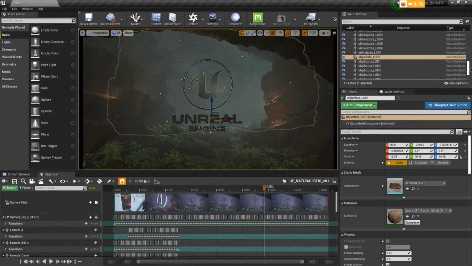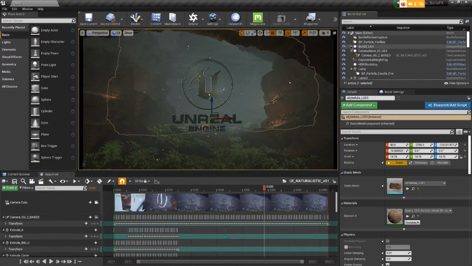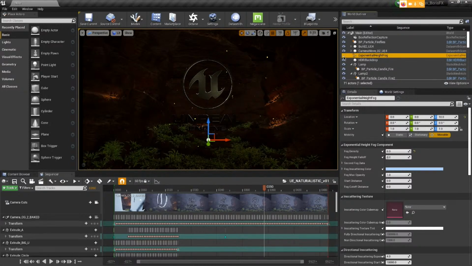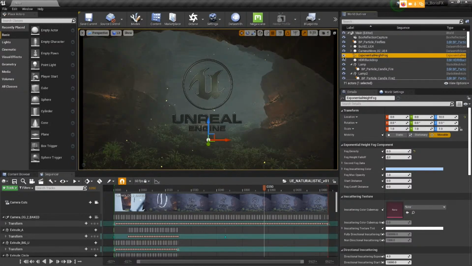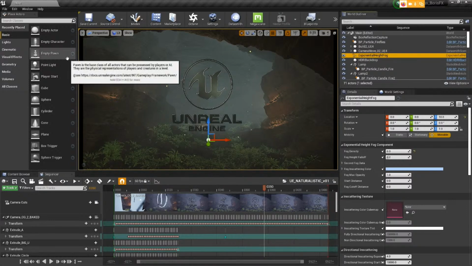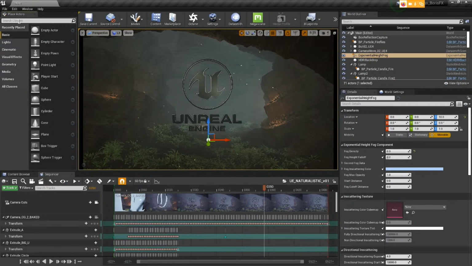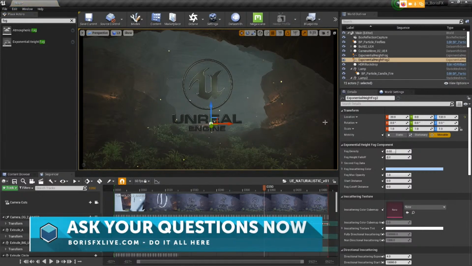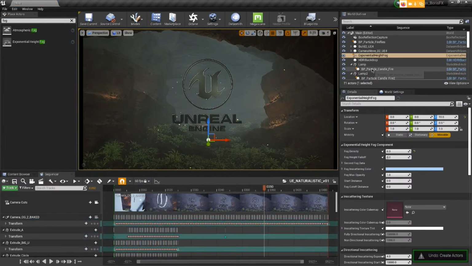If I come over to my world outliner, let me pull this up. There we go. So this is the other fog that I like to use. This one gives us a better sense of depth inside of our fog and everything. So if I turn this off, this is what my scene looks like without that fog. And then if I turn it on, that's what it does with the fog. So it interacts with everything in your scene really, really well. If you want to find it, you just come over to Place Actors, type in fog, and it's this one here. It's as easy as dragging and dropping, and then you have it in your scene there. So I'm going to Control Z that out, and then the next thing,